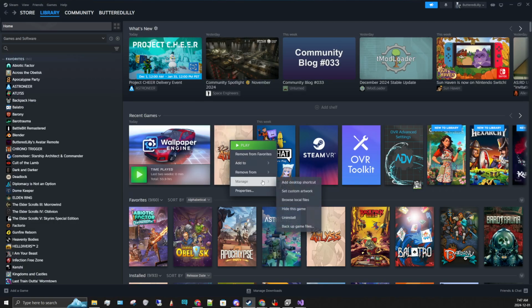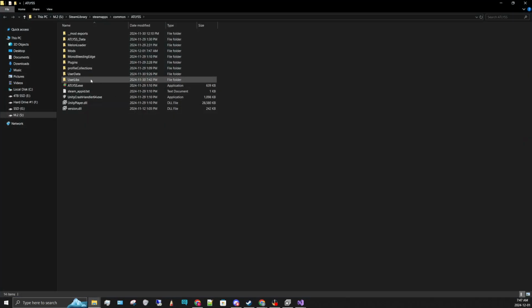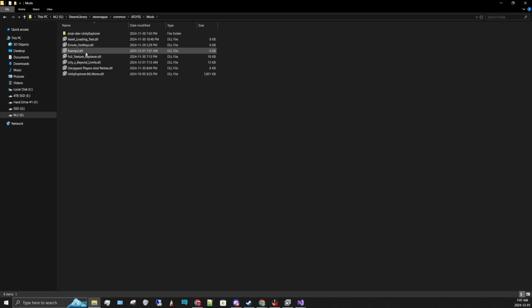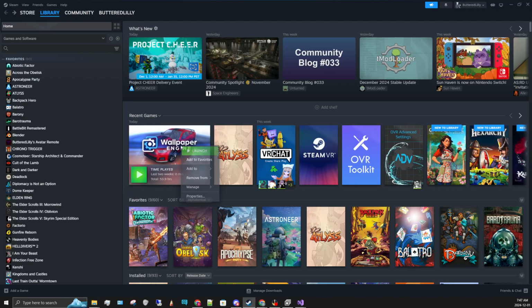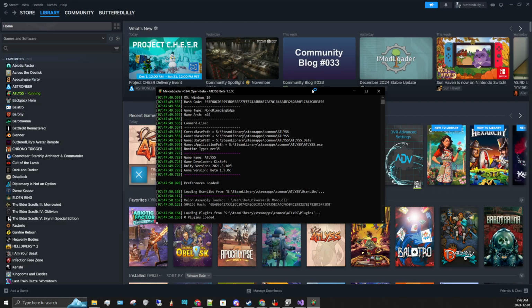And now if you go back to your game folders, manage, browse local files, mods, you will see examp2. It has been automatically exported. In this case, I'm going to disable some of my other mods here that could potentially interfere. Let's get them over here. Let's get this one out as well. And now if I play, put the game mode up,